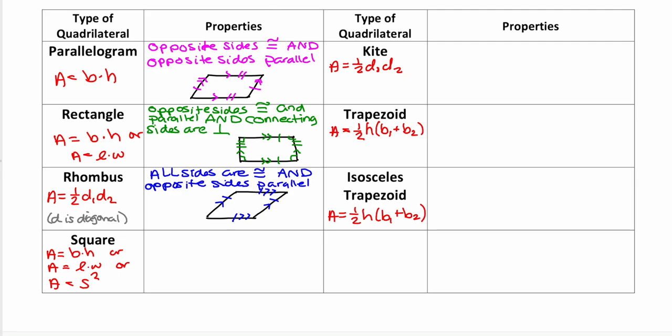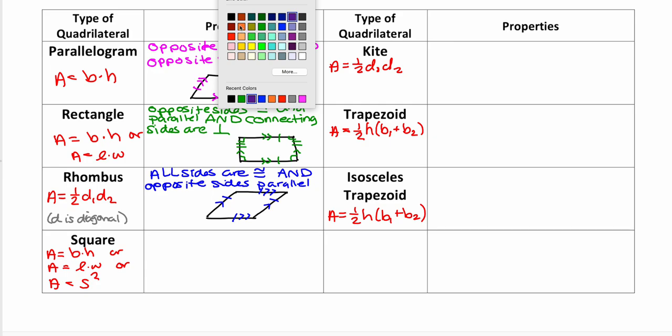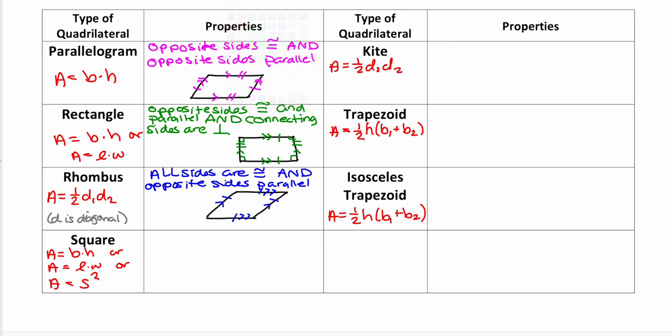Next up is a square. A square has all sides congruent. And obviously the opposite sides are parallel. So it's going to have the same properties of a rhombus, but one additional property. So we know the opposite sides are parallel, but the big difference is